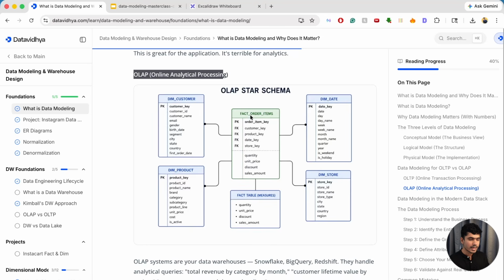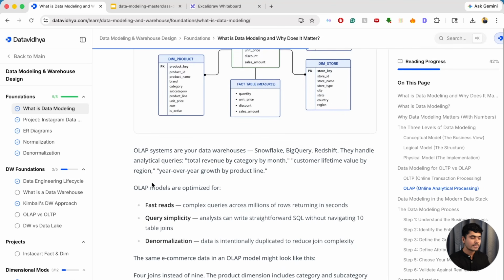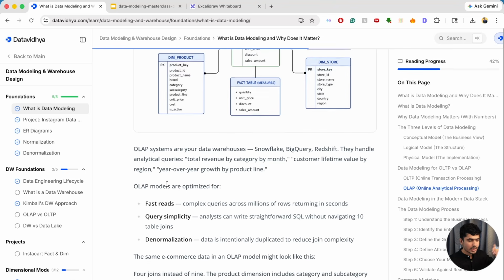So it works on fact and dimension tables. OLAP systems are your data warehouses such as Snowflake, BigQuery, Redshift. They handle analytics queries such as total revenue by category by month, customer lifetime value by region, year over year growth by product line. Okay, so OLAP